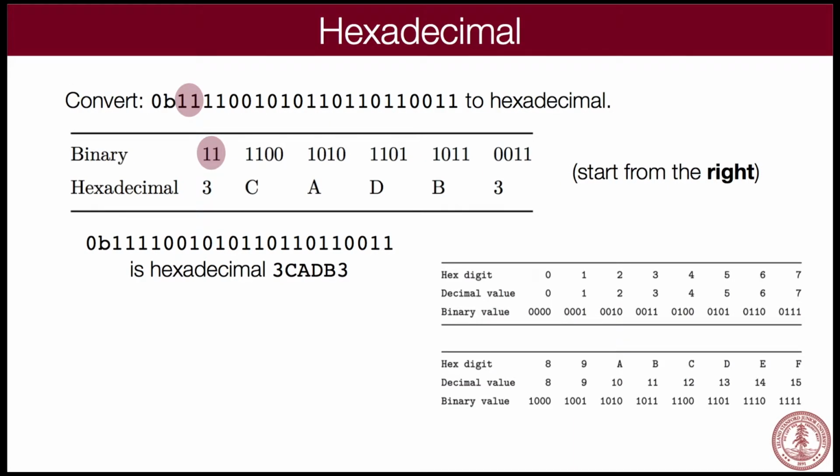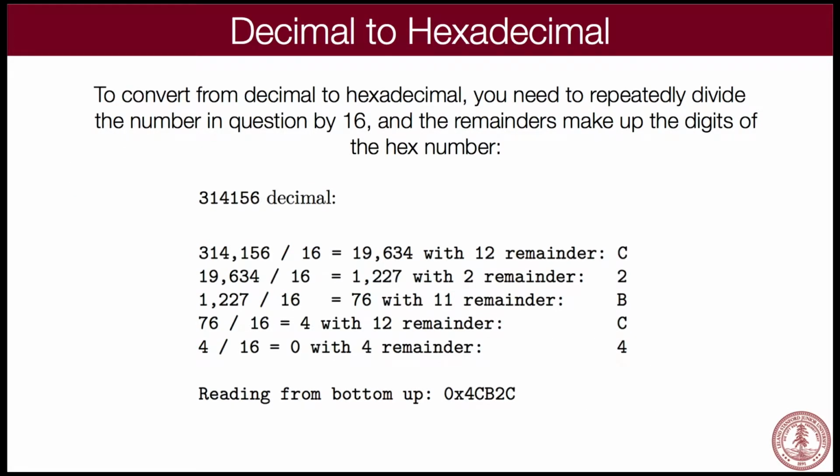All right? Nothing too horrible, I hope, so far about that. If you do want to convert from decimal to hexadecimal, now it gets a little bit trickier. What you have to do is say, okay, now I'm converting a decimal number into powers of 16. And so you have to divide by 16 and take the remainder. And that remainder ends up as the last digit. And then you divide what was the original quotient by 16, and the remainder is the next digit.